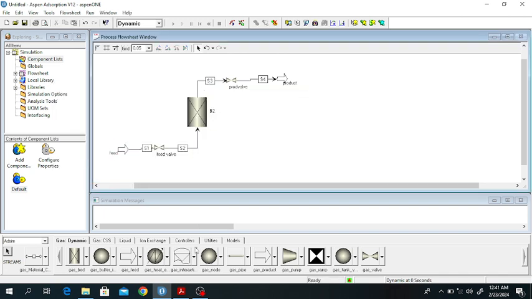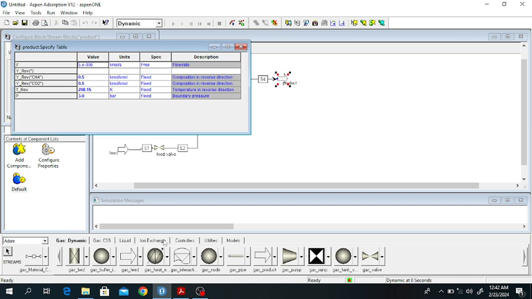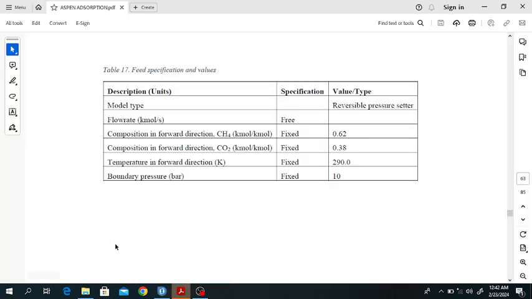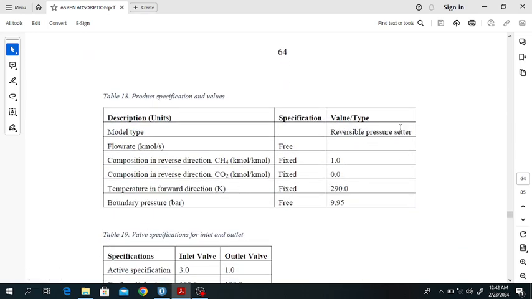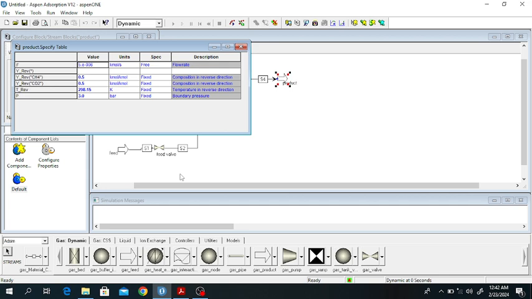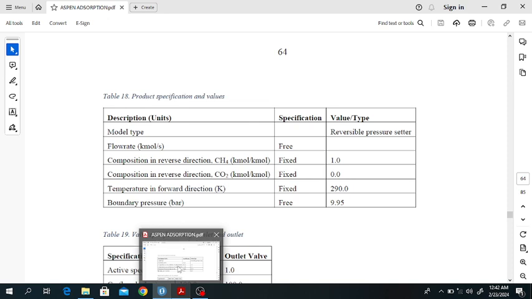Close this one and go to the product specification. Click on the product, and here specify. Go to the product side. The product is a reversible pressure setter, and the composition of methane in the reverse direction is 1. So here you can see it favors methane, and there is no carbon dioxide. In the reverse direction, the temperature is the same and fixed, and